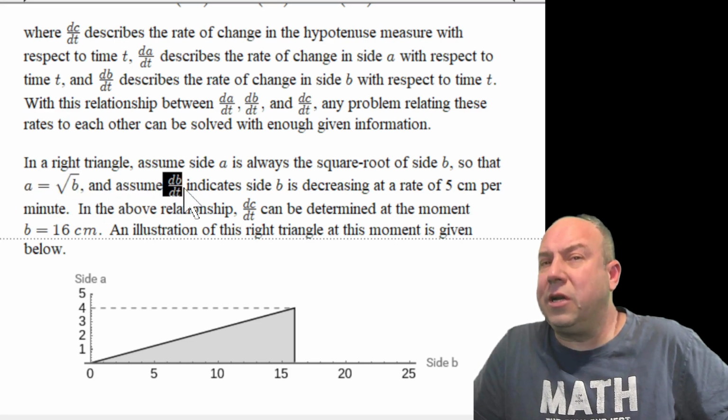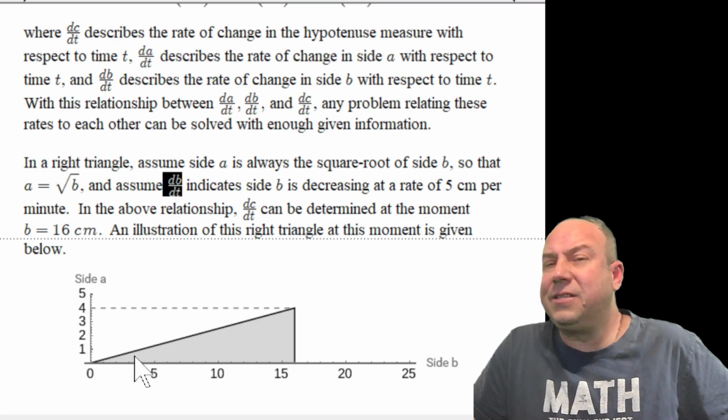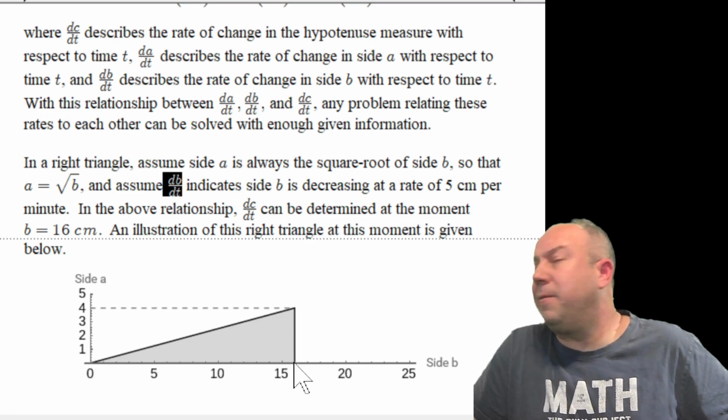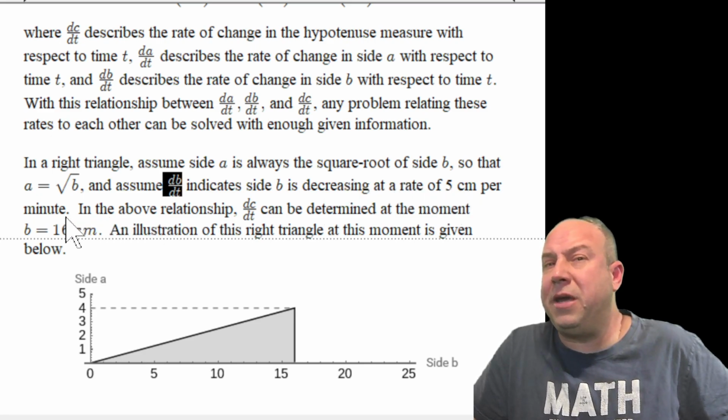And we're going to assume that the rate of change in side B, here side B is being measured along the horizontal axis. It's this length of the base. If it was to decrease at a rate of 5 centimeters per minute, if it was to get smaller and smaller and smaller at that rate,